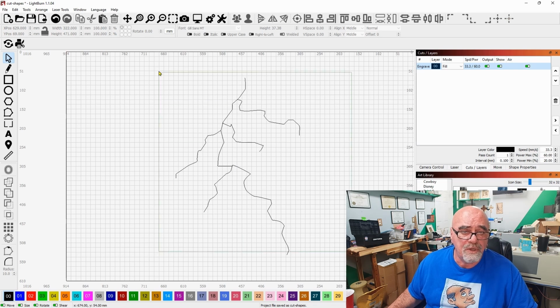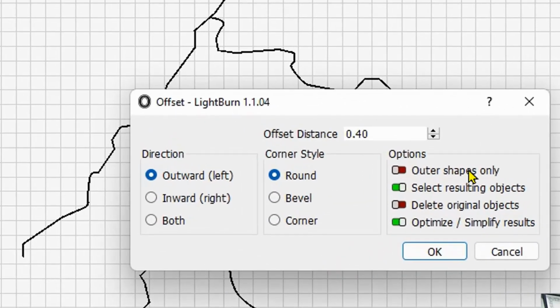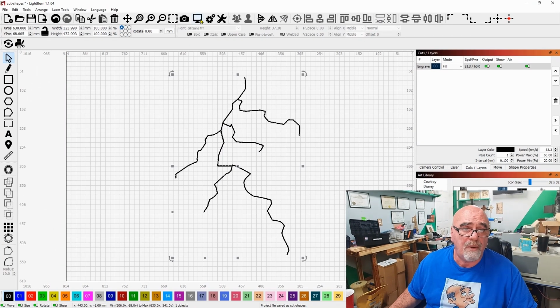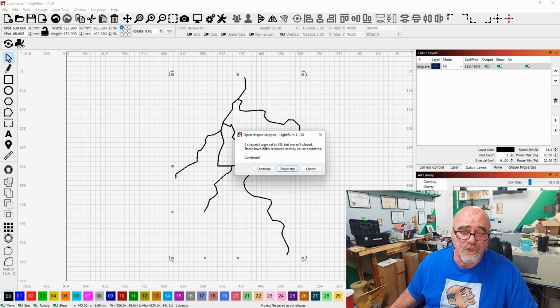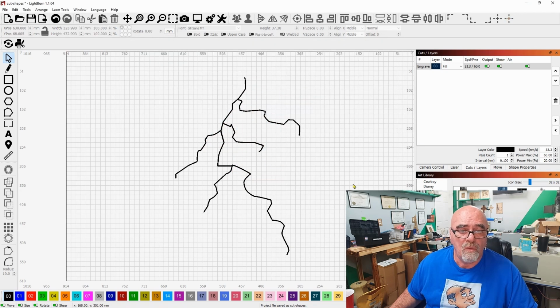So what we're going to do is we're going to select it all, and we're going to use the little magic offset over here. We're going to offset this shape, and we're going to offset it by, I guess, about 1 should be good. And we're going to say okay. Now watch, you still can't do it. Okay, so we're going to do this one more time again with the offset, and we're going to say okay,